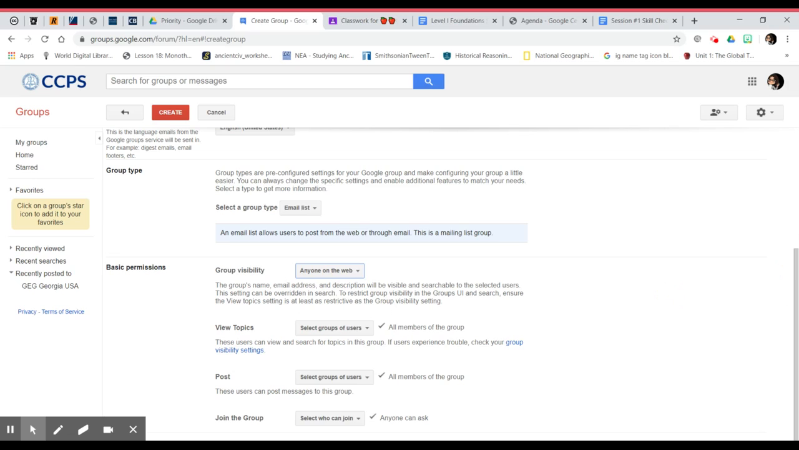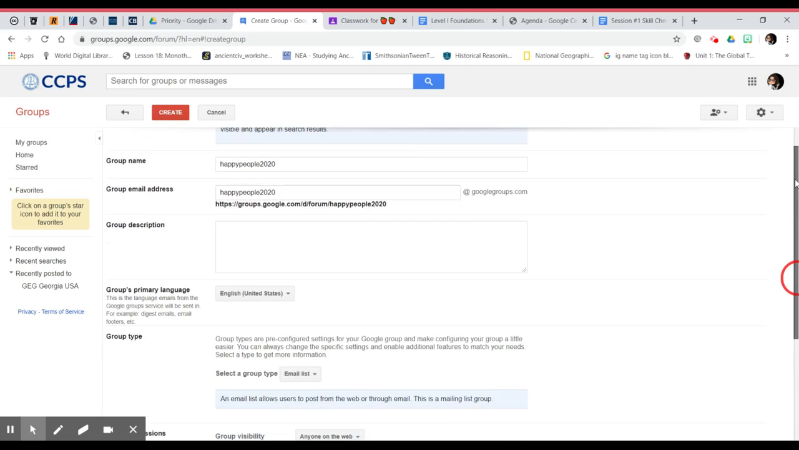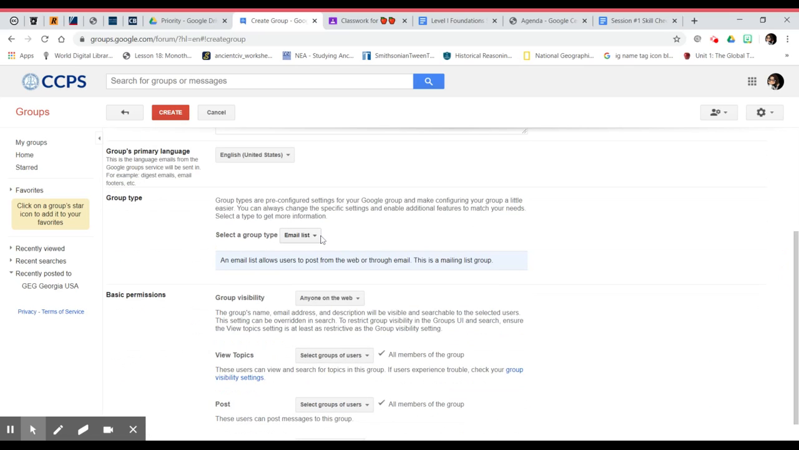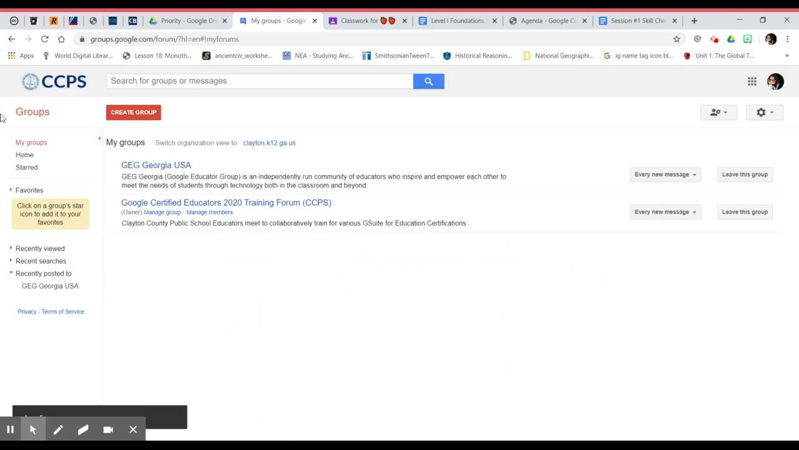And the topics that members could view. The other thing is make sure, oh, here it is. Make sure what type of group you're creating. Is it an email list? It's a web forum, a Q&A forum, or a collaborative inbox. So there's all these options, and I'm not going to get into detail because I want to make sure that I'm moving along. So I'm going to cancel this, and I'm going to the group that I've created, and I've